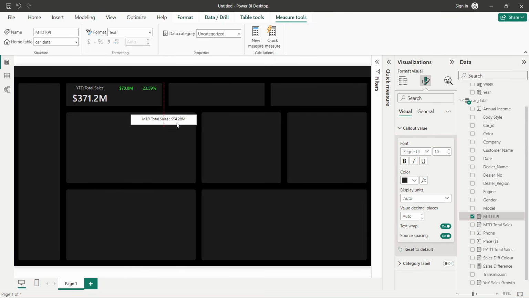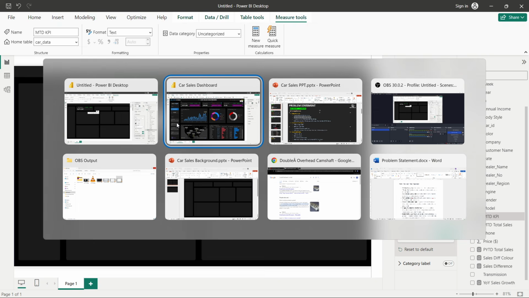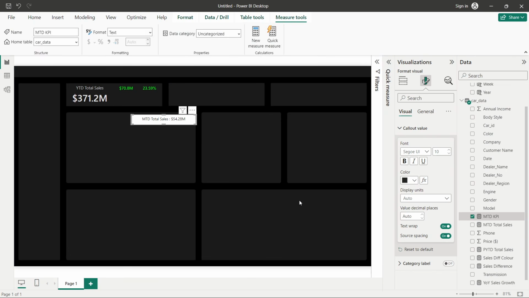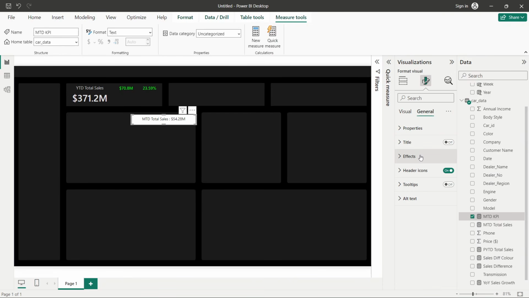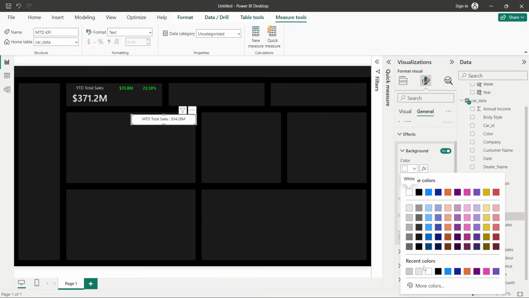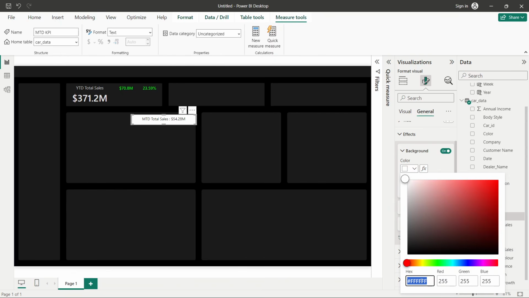Okay, we'll bring it over here, and as per this particular dashboard, we'll just see what we have done. Now we will change the background of this. So here we'll go in General, go in Effects, and add a background. I will go in More Colors and add a color code. You can use any color if you want, but for me the background color code I will be using